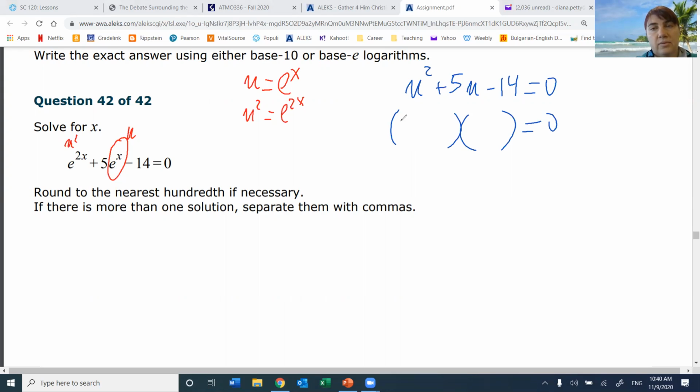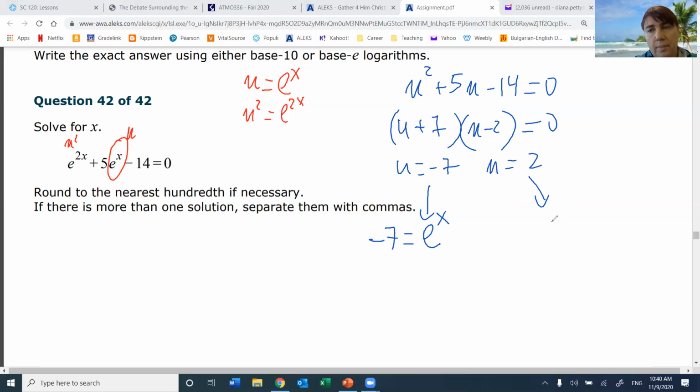Okay, so u is -7 and u is +2. So let's see what we're going to get. We're going back and substituting, right? So the first substitution would be -7 equals e to the power of x. The other one would be 2 equals e to the power of x. So now we need to solve it for x. Well, the first one